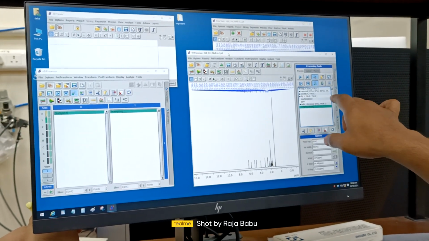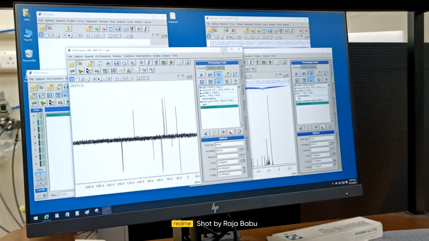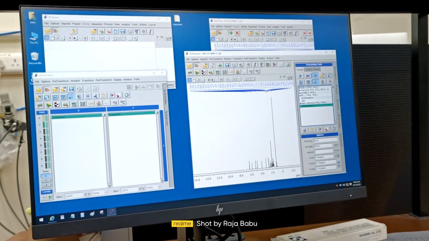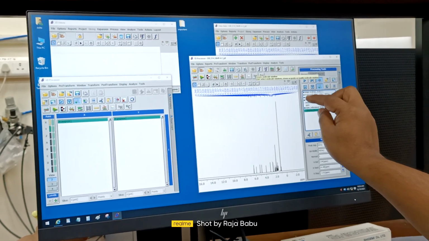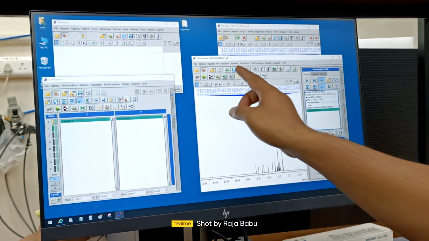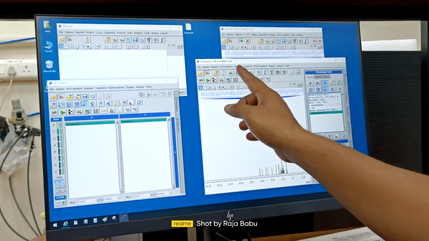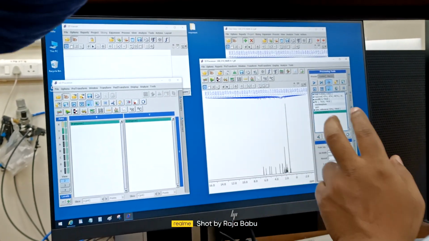FT is a line, a middle line. Before FT, after FT, there are 2 sets of parameters. This parameter has to be applied after FT, and this parameter is applied before FT. These 3 parameters come under these pre-transform windows. To make it short, these 2 windows, the drop down list has to be applied.